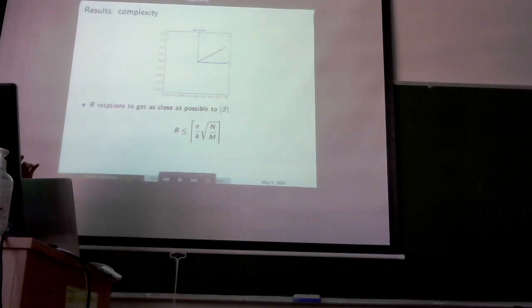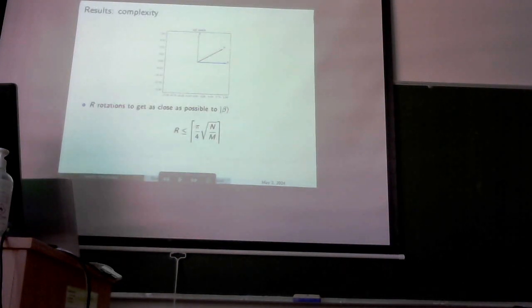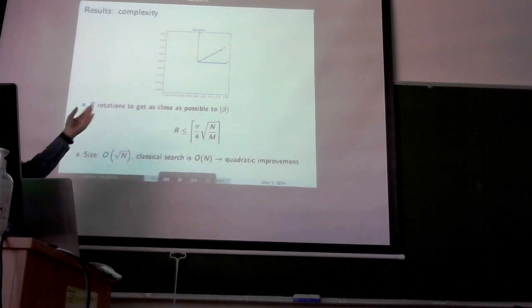Briefly, we still need to discuss the number of rotations which are required. A nice upper bound for this amount of rotations is the following, and here you might notice that the number of rotations is essentially the number of Grover iterations we're making. And since the circuit, besides some constant number of gates, is going to be essentially a certain number of these Grover rotations, the size of the circuit is going to be related to the amount of rotations.